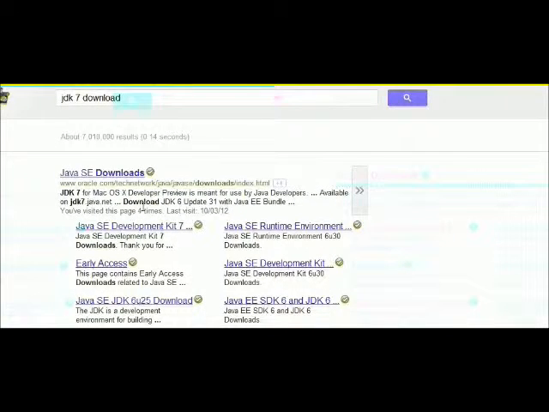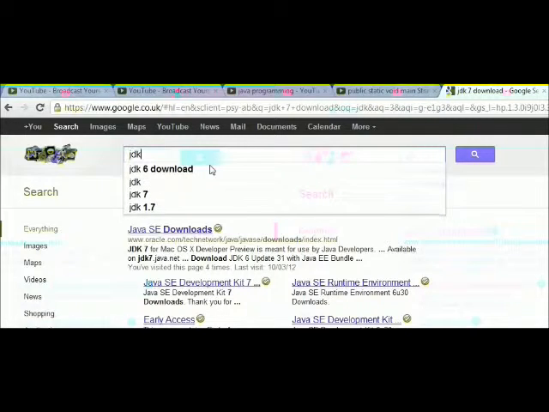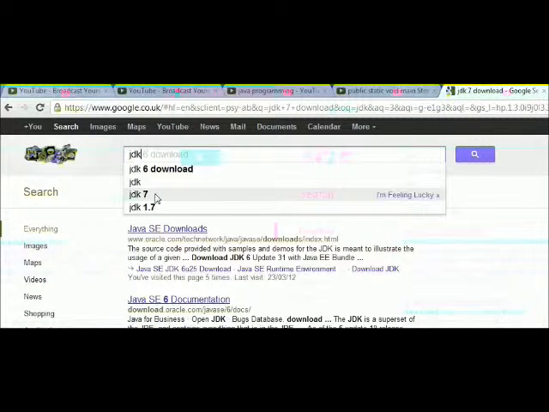Okay, so what I really want you to do is type in JDK, whichever one comes in, just type the JDKs. Let me just get rid of this one. If you type in JDK, go to